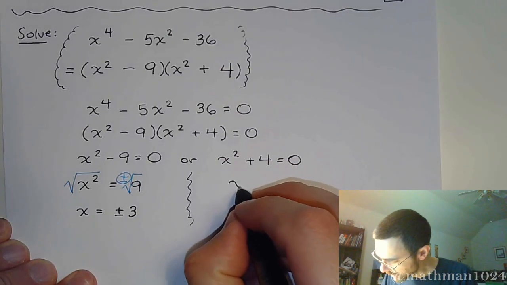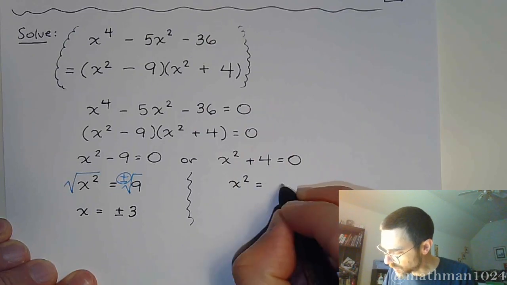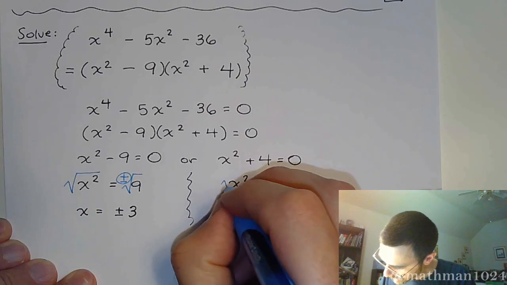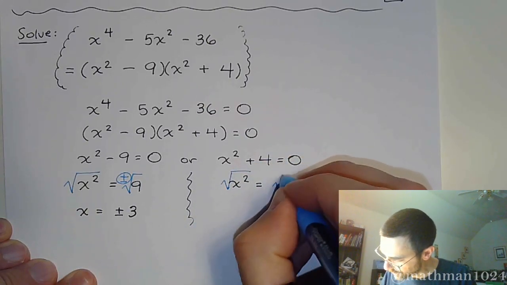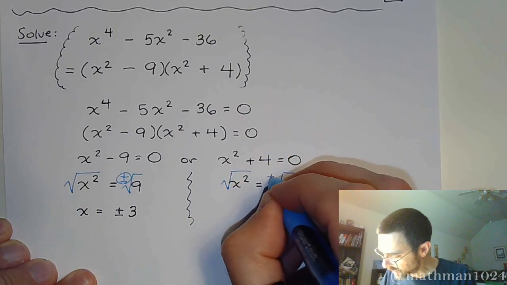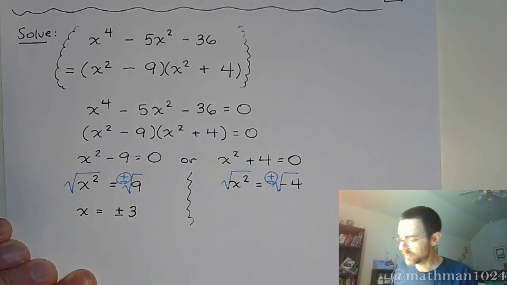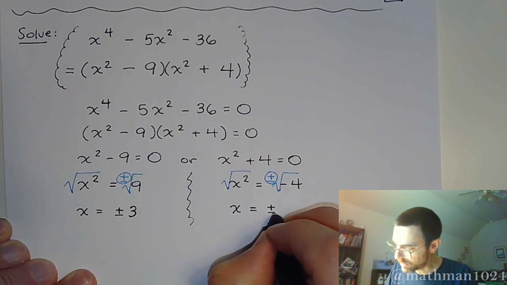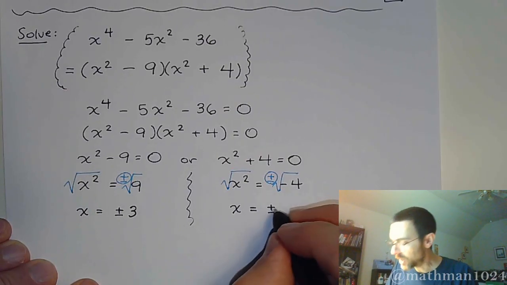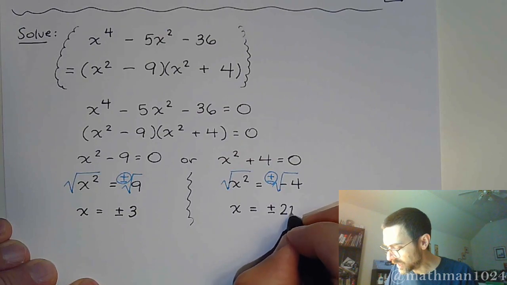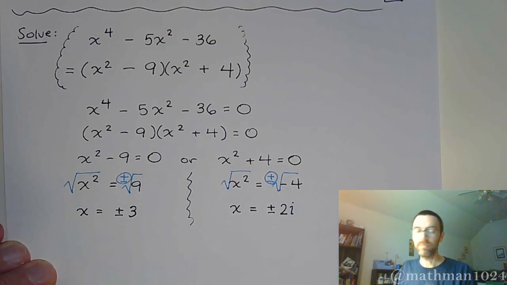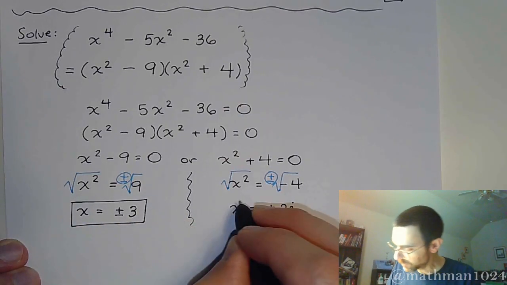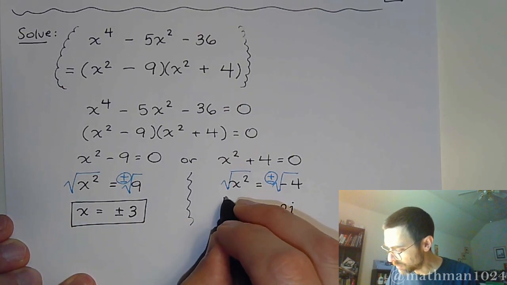Over here, we move the 4 to the other side, so x squared is equal to negative 4. Take the square root of both sides. Don't forget the plus or minus. And now we have that x is equal to plus or minus the square root of 4, which is 2, but the negative is going to make that become i. So you get plus or minus 3, and plus or minus